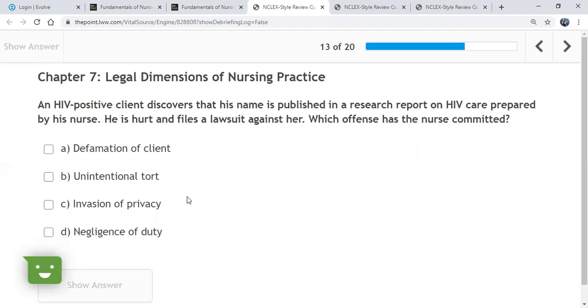I said C, invasion of privacy. Is it C? Well, it is invasion. I'm not sure that it's invasion of privacy. It'd be more of a HIPAA issue, but I'm thinking it's B for some reason. I'm not sure that it would be defamation, because for it to be defamation, I would have